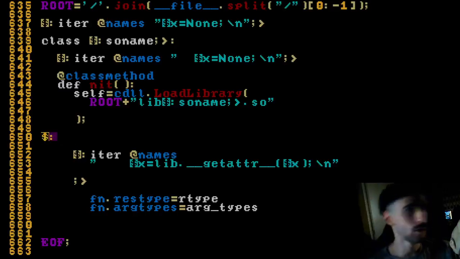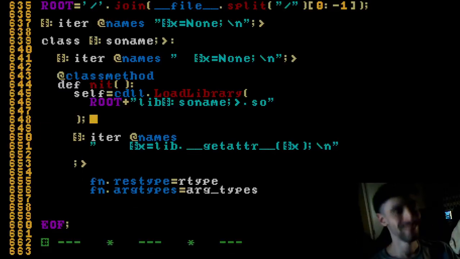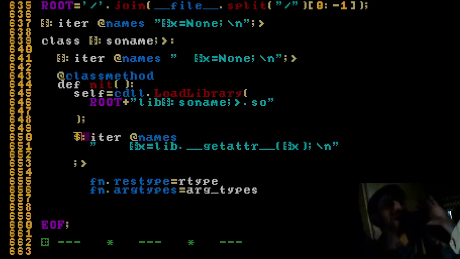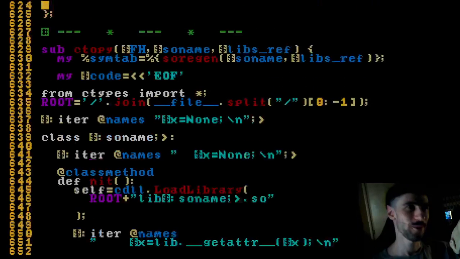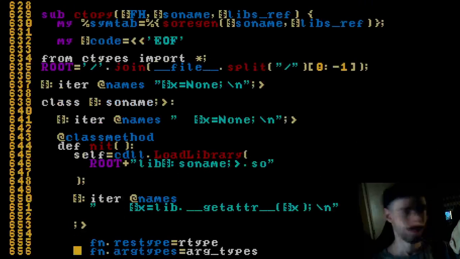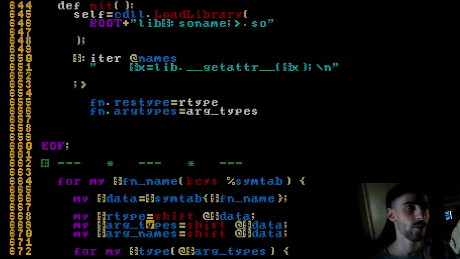In Perl, dollar semicolon is an actual variable. Can you believe that? But yeah, no. I'm not doing interpolation, so it doesn't matter. Anyhow,